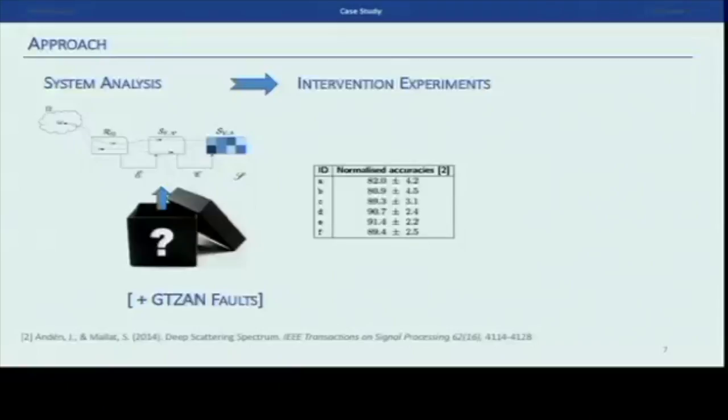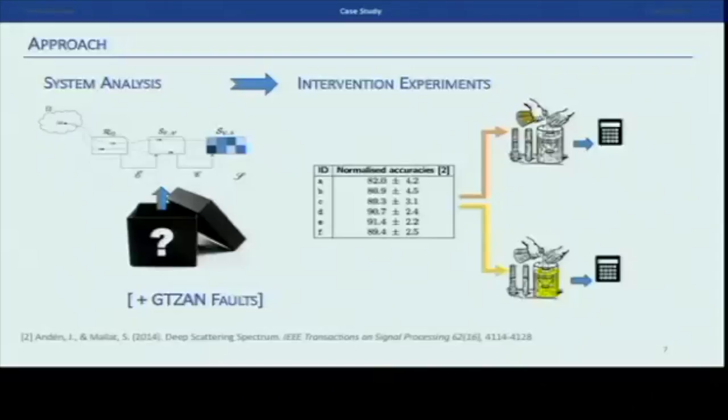By intervention experiments, we mean altering some part of the system, let's say the classifier, or its environment, for instance, the content of the audio recordings.